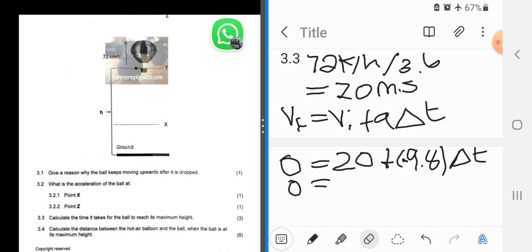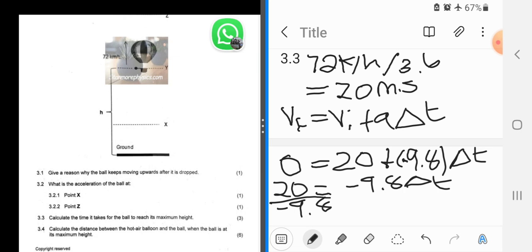So the 20 will come this side, equals negative 9.8 change in time. This is what we will have, and then we will divide by negative 9.8